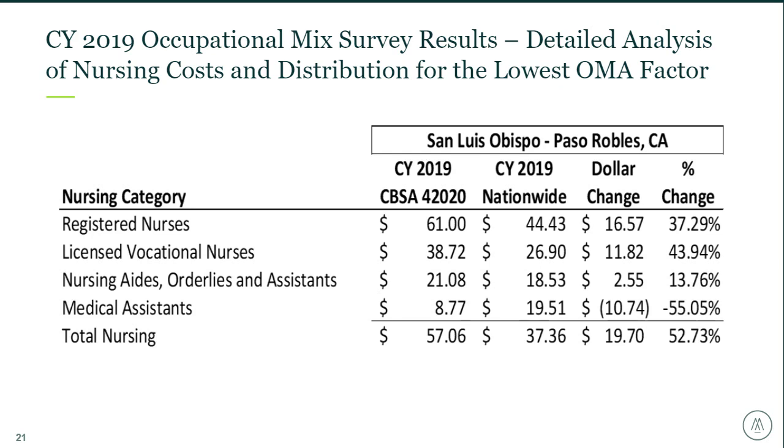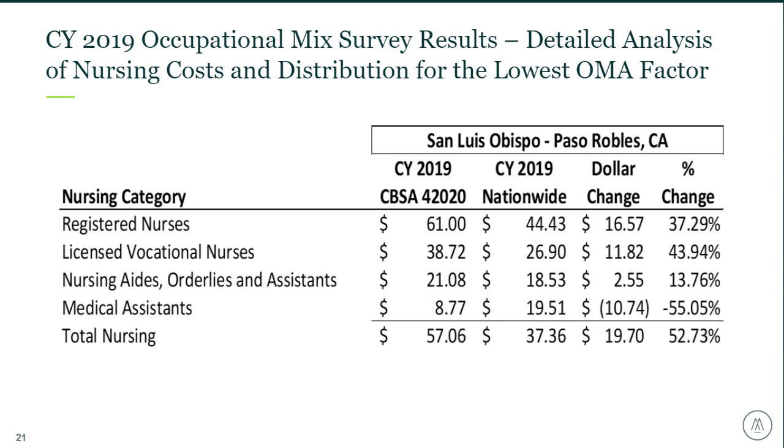In this case, it's pretty clear that there's something wrong with the medical assistant category at an average hourly rate of $8.77. The MAC did not catch this upon review, and in truth, we shouldn't expect the MAC to identify all data errors. Probably the question that should have been asked but wasn't was whether these average hourly rates for the nursing categories are reflective of your operations. If you can answer this question in the affirmative, you can be assured your reported data is at least reasonably stated.